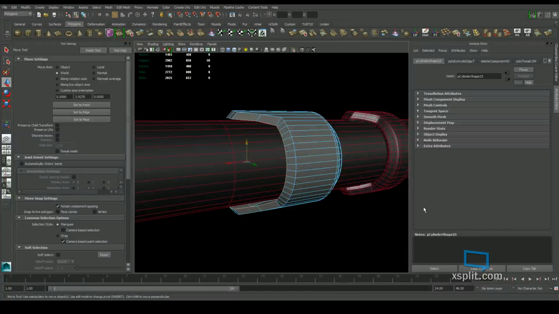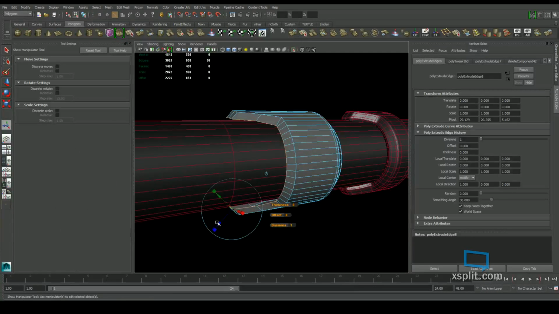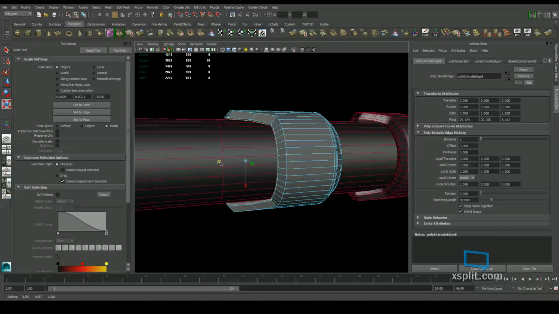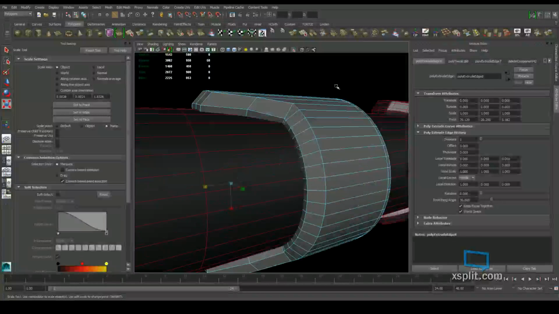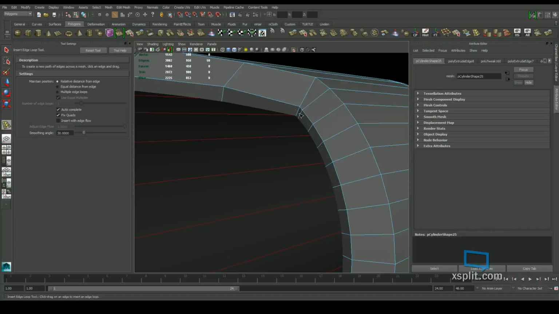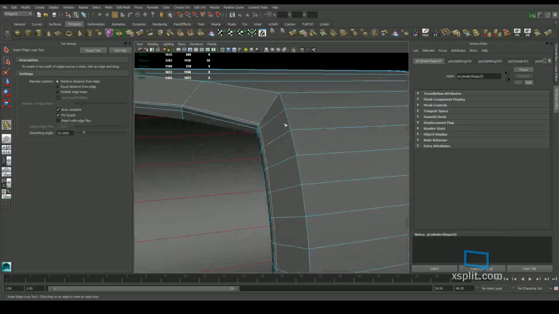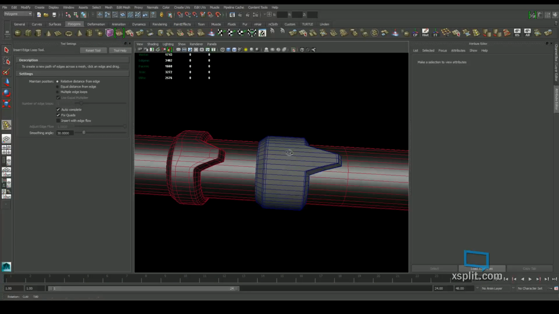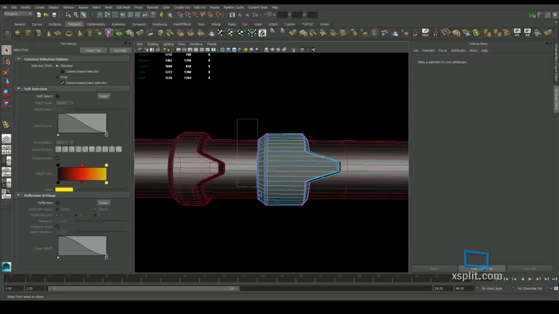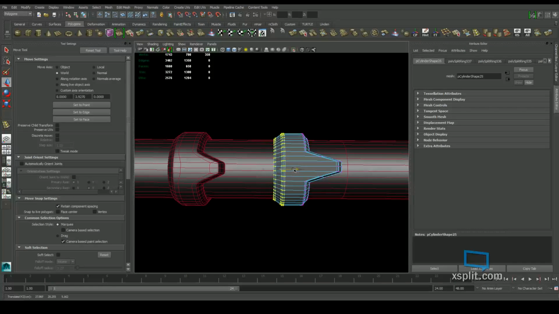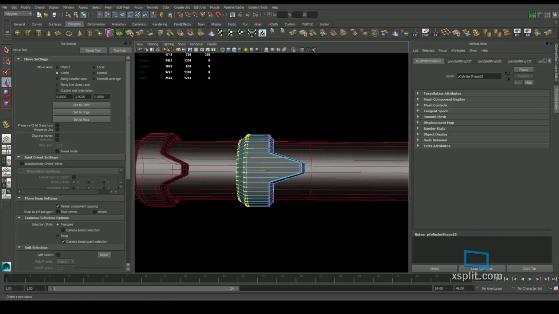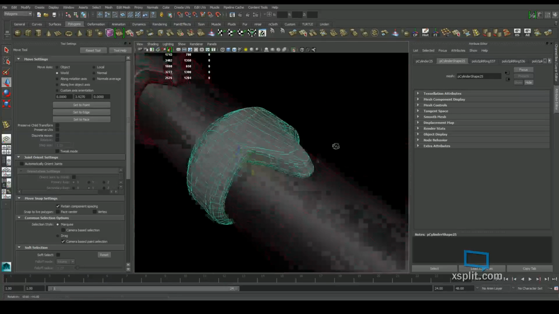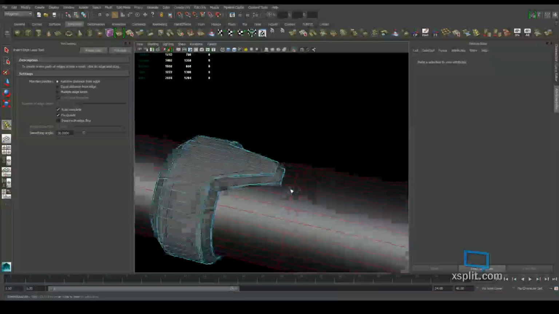Okay, and then I'm going to go ahead and grab this edge again. And I'm just going to scale it inward like that. And then go in and just define my edges like I do everything else. So now, if I want to mimic that shape, I'm just going to pull all these verts in just a little bit. So we essentially got the shape that we